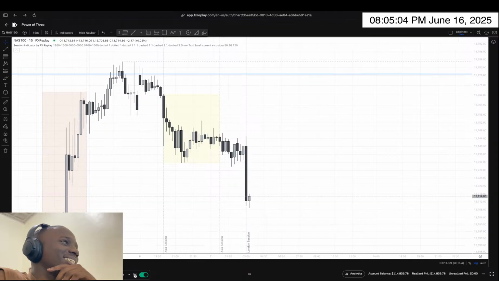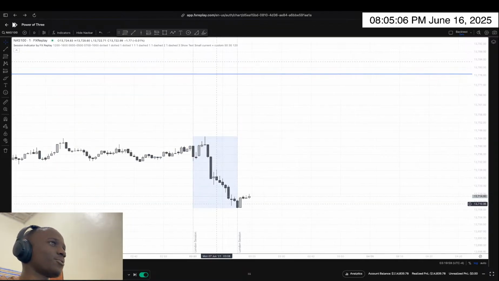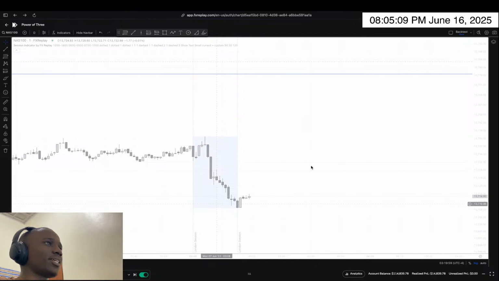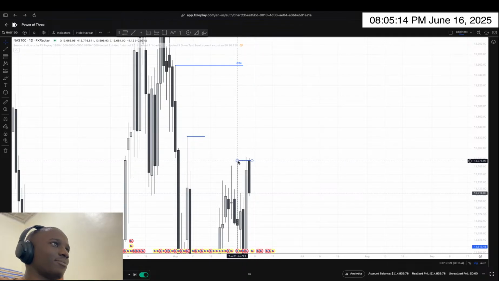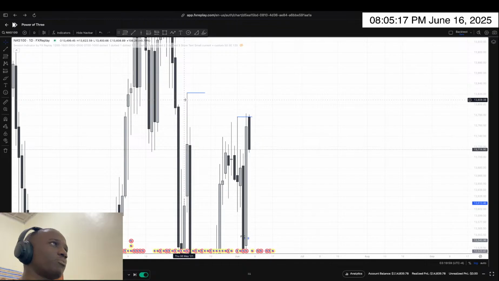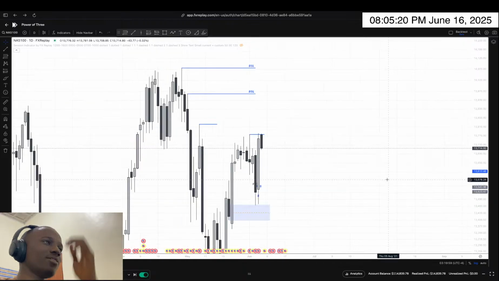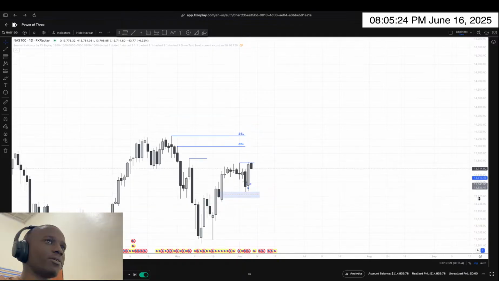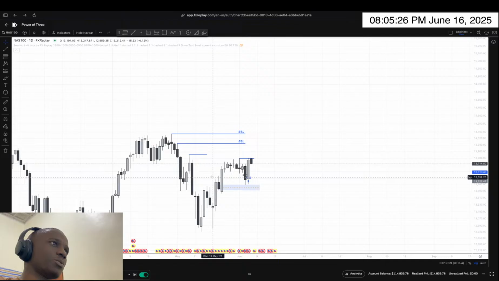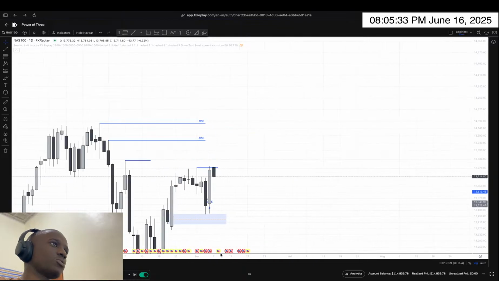Anyways, London session has just started, so let's first go to the daily time frame and see what we can analyze from the daily. So far, you can see that the buy side that was resting here was taken out. We failed to break above this high, which means that we might still have a bearish bias, and by having a bearish bias, we might continue to drop, which doesn't remove the fact that we can also react on this down close candle as another block and then continue to push to the upside.